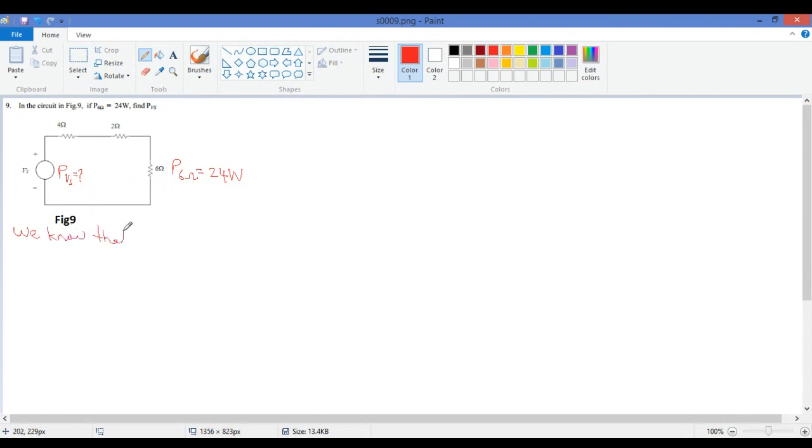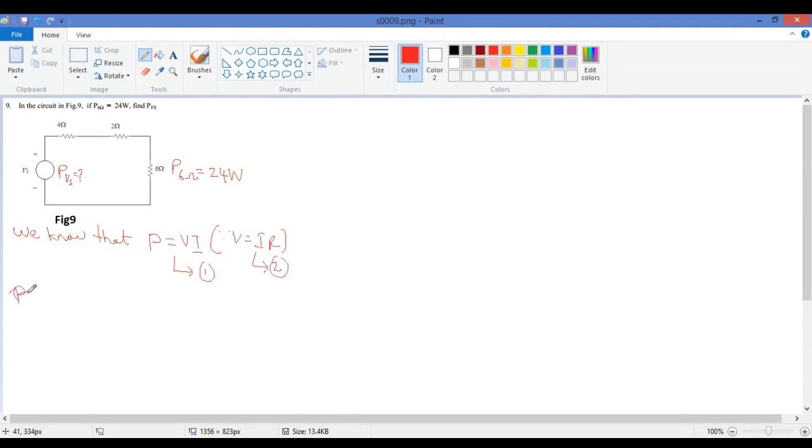So we know that P is equal to VI. What is P? P is power. But according to Ohm's law, V is equal to IR. Since we have V is equal to IR, and this is equation 1, and suppose this is equation 2,